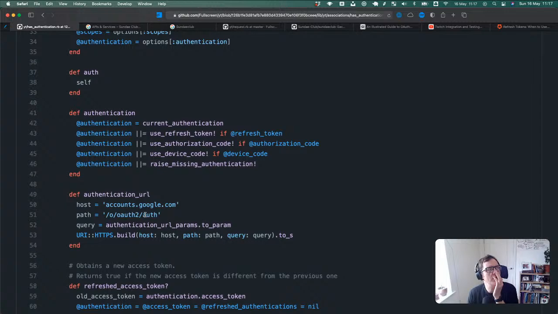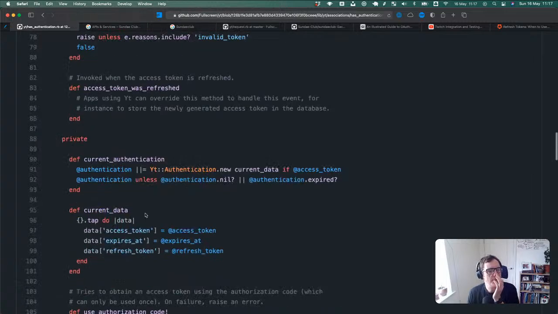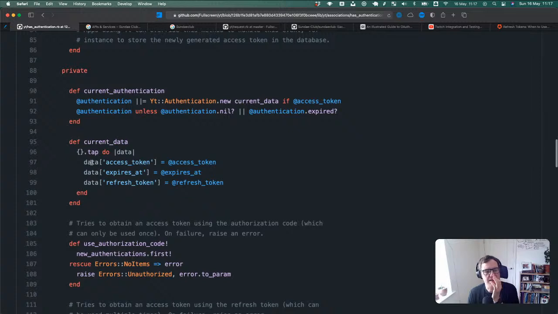So this current data knows that it should have access token, expires at, refresh token. If you didn't have something called YT authentication, what you might do is just use a hash every time. You pass the hash around a few times, but then you have a few different entry points, and in one place the hash changes. And you're like, oh, crap, we've got the access token and when it expires over here, but we've forgotten the refresh token because we didn't need it previously.